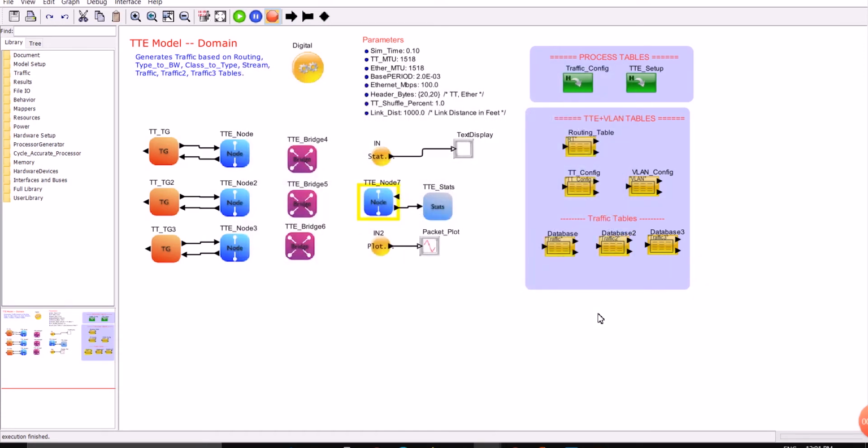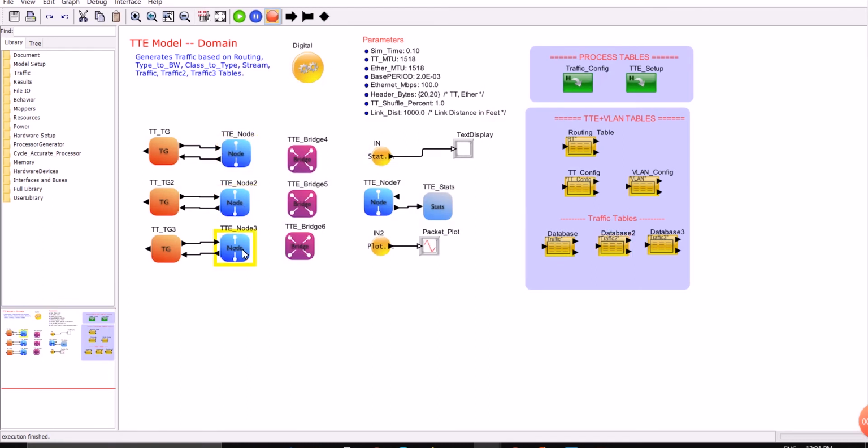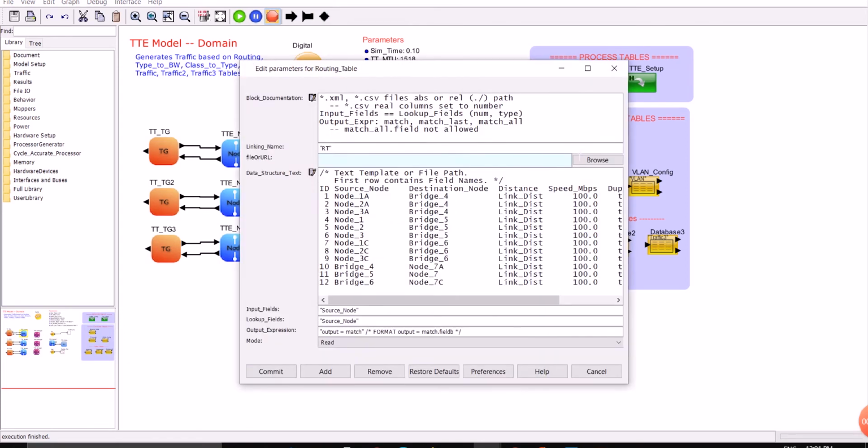So as I said before, we can also determine the path it should follow. It's implemented in the routing table. One thing you should remember is that we have task source as node 1 and task destination as node 7. And here the task destination of the database was node 2 and destination was node 7. So this was my node 1, node 2, node 3 and this is my node 7. Everything has to go to node 7, so what should be my routing? We can see here node 1 goes to bridge 5 and then bridge 5 sends that to node 7. Again, node 2 sends the information to bridge 5 and then bridge 5 sends to node 7. Similarly for node 3.